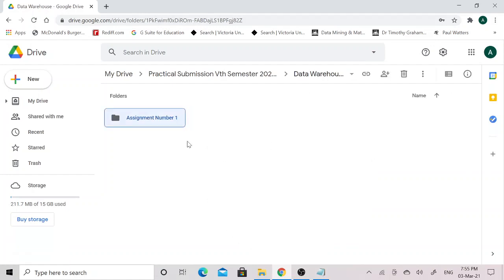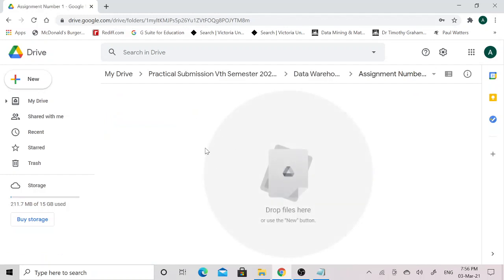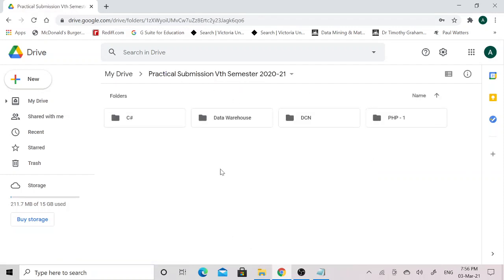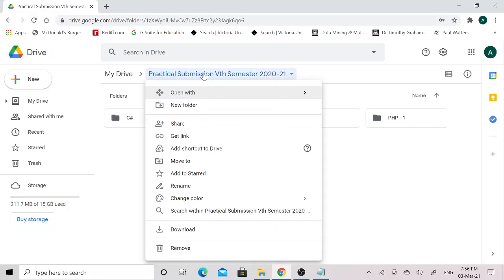After creating the assignment folder in the given practical subject folder, you need to click on the respective assignment folder, and you can upload the given images of the assignment that you have written in your record book. After uploading all the practical images, you can click on this practical submission folder, which is your main folder.